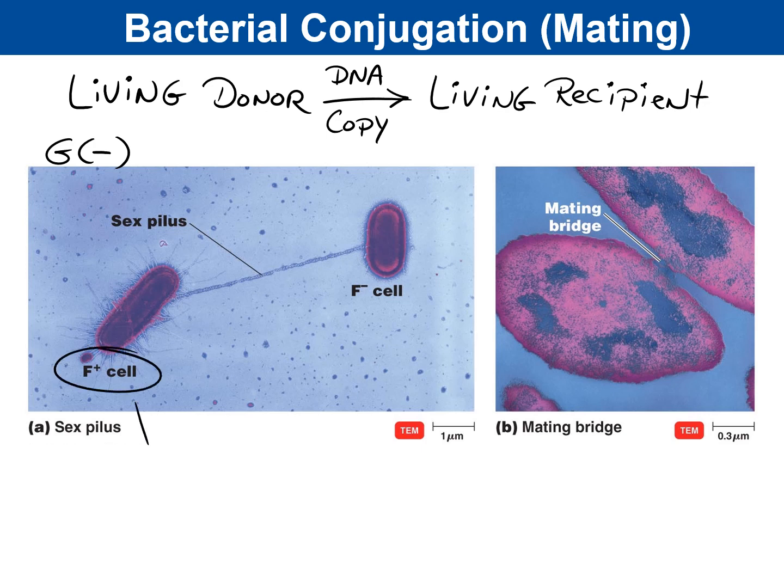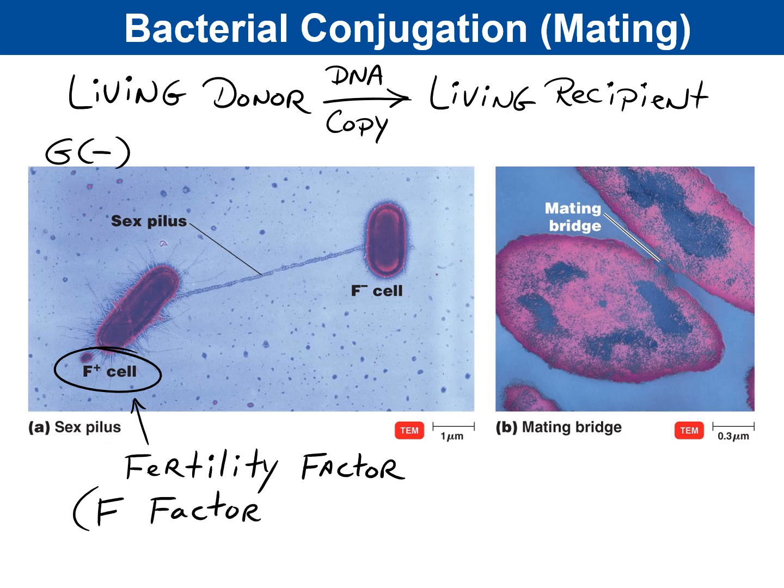An F positive cell, the F is in reference to fertility, the fertility factor, and for short, that fertility factor is referred to as F factor. And when an F positive cell which has the F factor expresses this gene, it will start to